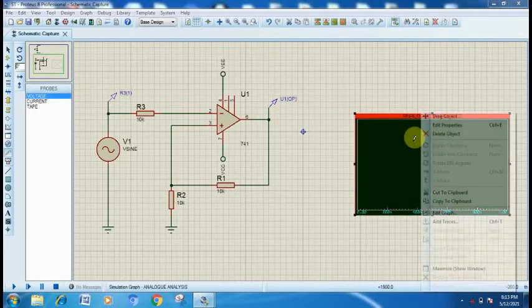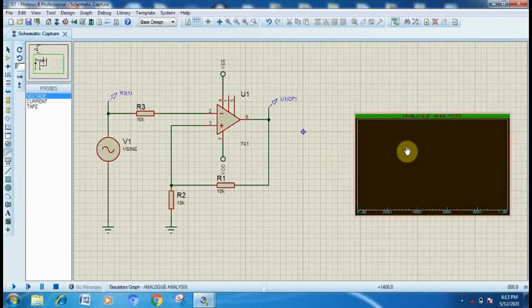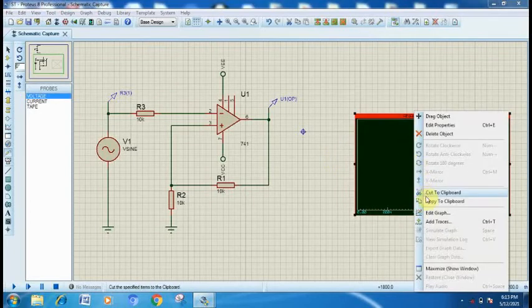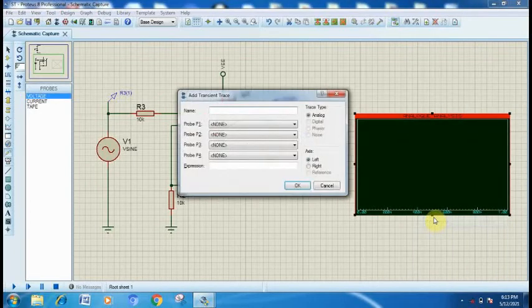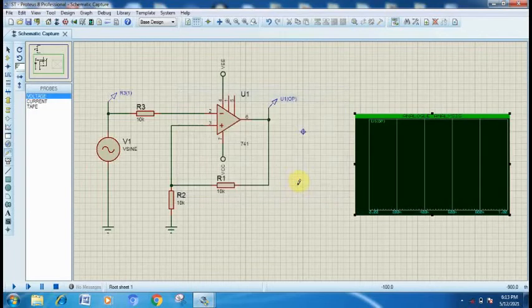So go to the graph and right click on it, select add traces and at the P1 probe select U1 OP. Now click on OK.